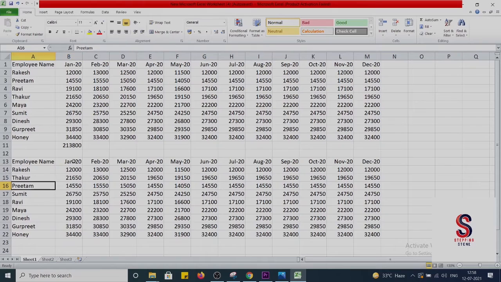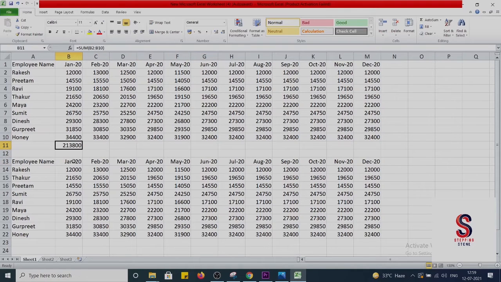Now you can check that we have made the order random, not the same order, so that we can verify the formula as well.